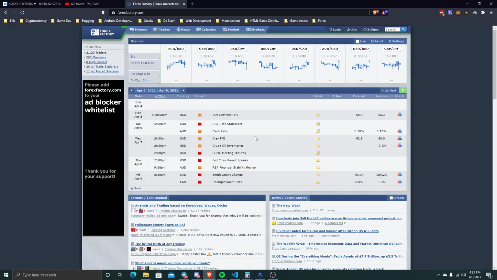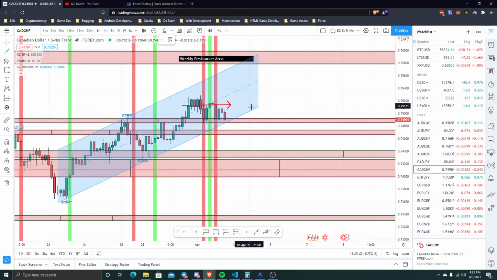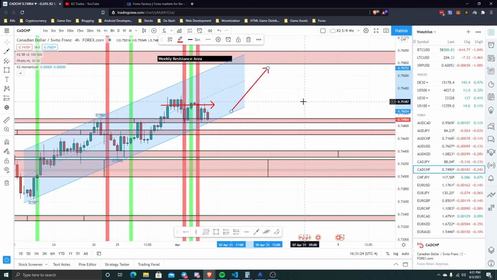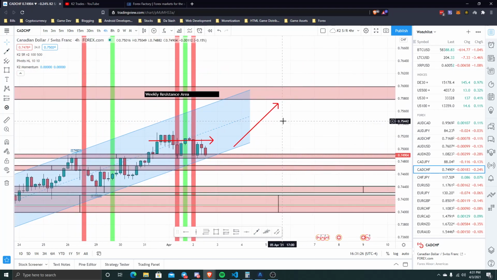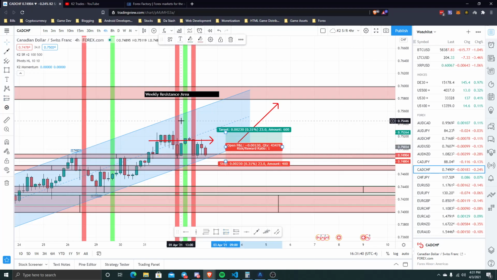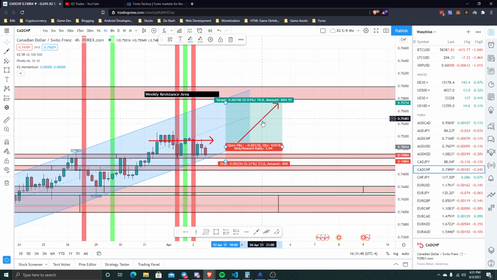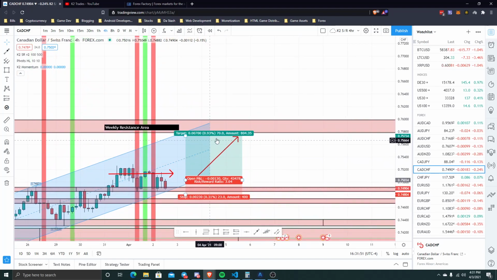If there's good news for CAD on Wednesday or even Friday, by the end of the week, it's probably going to continue to shoot up here. Now, if we get another bullish momentum signal here, I might send a signal, but I'll probably be kind of cautious, because like I said, it's still moving sideways in this zone here, in between these two zones. But if it does go up, that's a nice little 70 pip move,